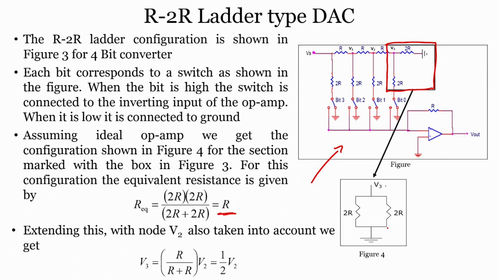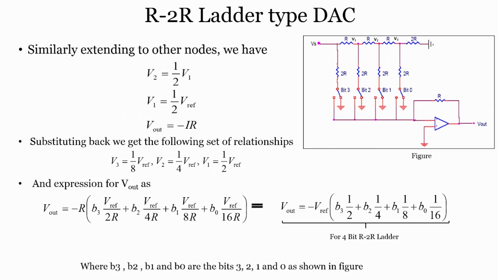So, if I put this value as R, then extending this with node V2, which is right over here, what do we have? V3 equals R by R plus R into V2, which equals 1 by 2 V2. Same thing if I go on extending: V2 equals 1 by 2 V1, V1 equals 1 by 2